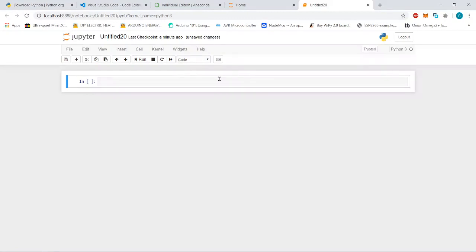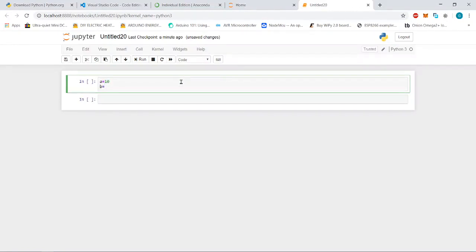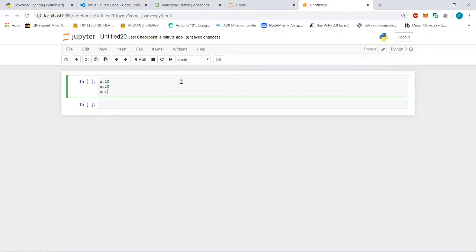Let me show you one example. Let's say in some other IDE we write a equals 10, then b equals 20, and then print a, b.